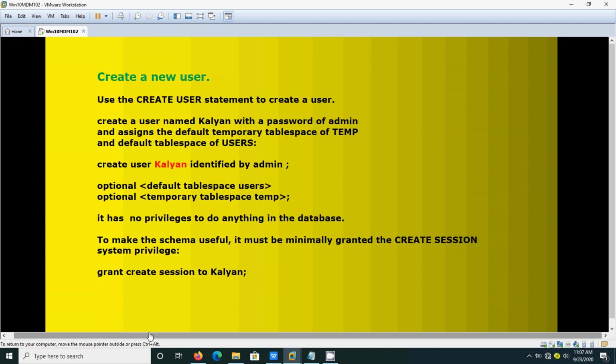available, that is default tablespace users and default temporary tablespace, that is temp, and we need to get the list of the tablespaces. As it is a learning environment, there is no issue in it, we can create the table as you like, but in a real-time environment we need to give the default tablespace, otherwise it will be created in the system tablespace.